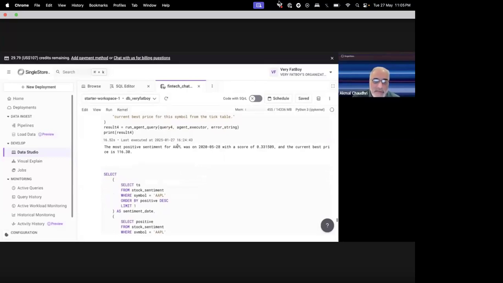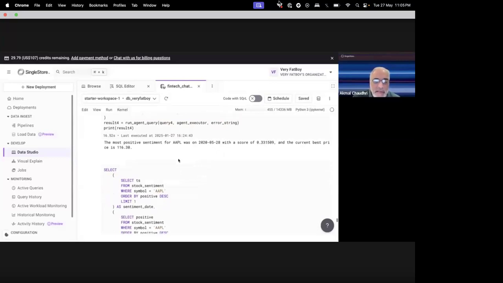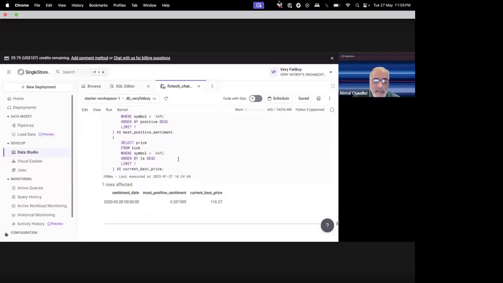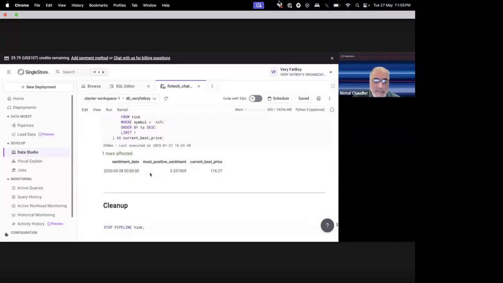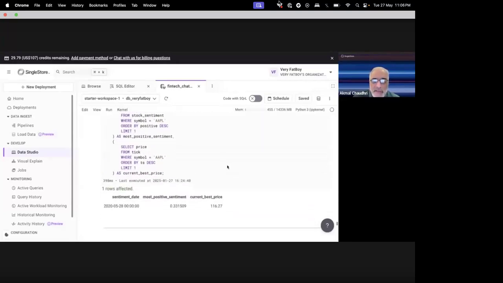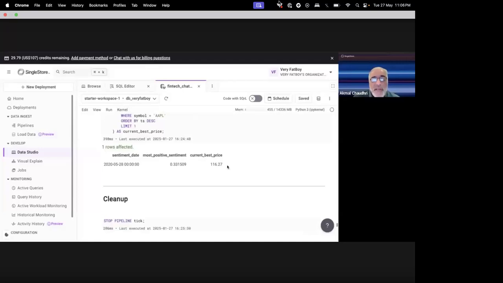It gives me the sentiment, and the current best price for that was 116.30. Again, you see a fair bit of SQL there to achieve the same result, but we do get something very similar. So the date is correct. That is correct. This is slightly out, but it could be due to rounding. If we take a look, it was 0.3, and there it's 0.27. But other than that, it agrees very well with the results.